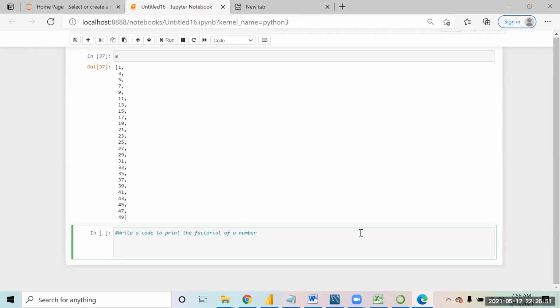Suppose let's say you have to print the factorial of number 5. So how will you write a code for that?